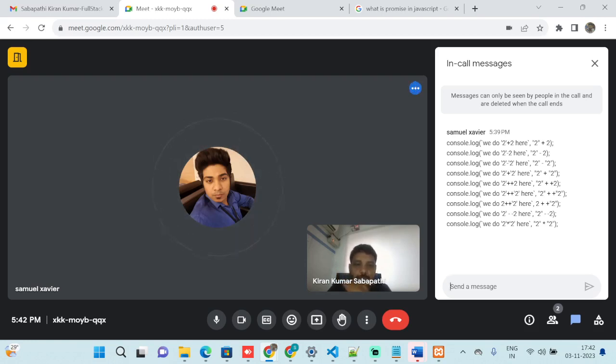Could you tell me the differences between the setTimeout method and the setInterval method? setTimeout is used if you want to execute something after a certain amount of time. setInterval is used if you want to execute something at every certain interval, for example every 5 seconds or every 10 seconds.